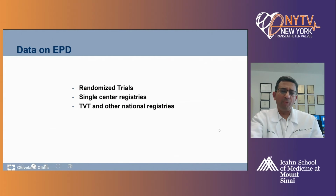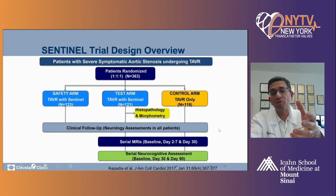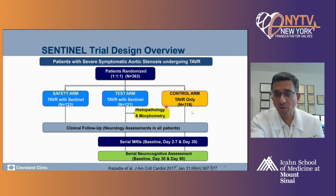So what are the data for the EPD? There is a randomized single-center trial, and there is TVT registry data. If you look at the most important randomized trial that was done, and I say most important, but we did it, so that's why sometimes it feels more important. This is the randomized trial of 363 patients. It's a relatively small trial, and it has a control arm where nothing was done,